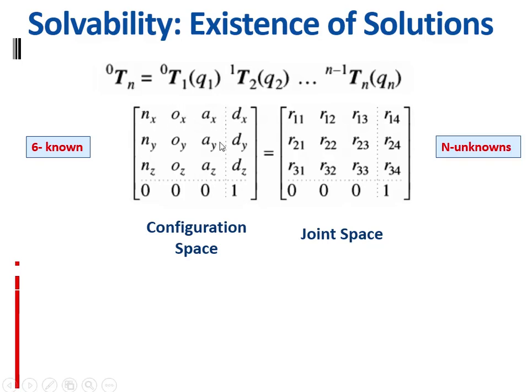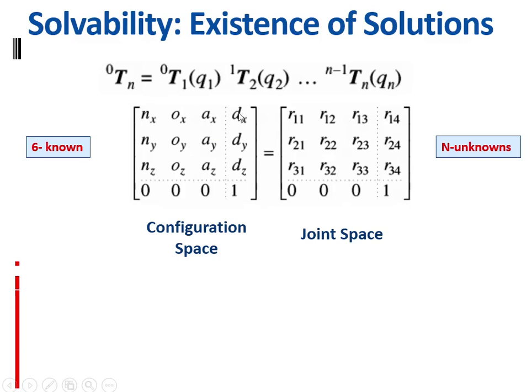We have a 3 by 3, total 9 elements, but among the 9 elements only 3 are independent variables. That means they will determine the rotation, that is, the approach angle: roll, pitch and yaw. So in this case there are total 9 elements, but among them 3 are independent variables. That means there are 3 known, and the remaining I will calculate from the other dependent terms.